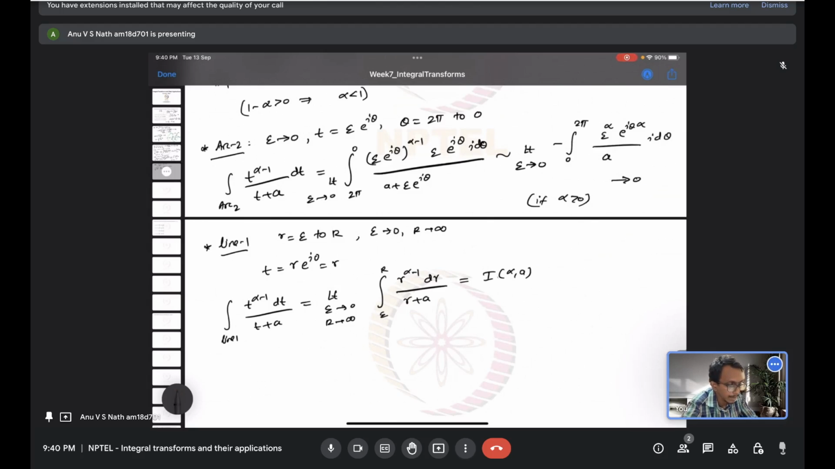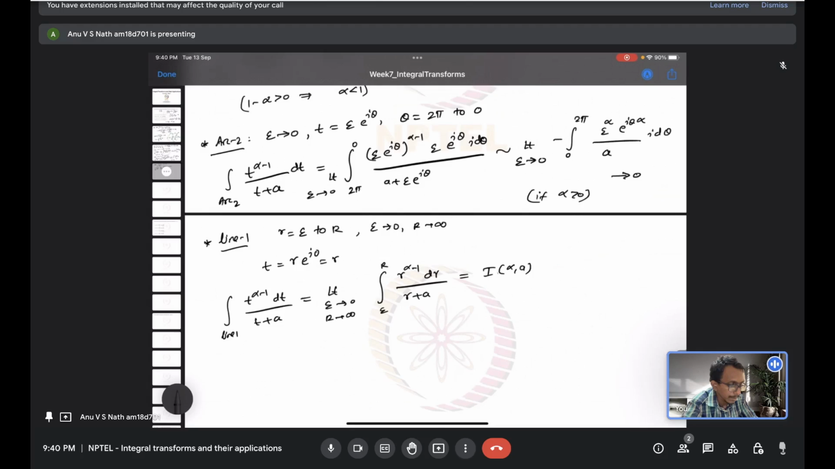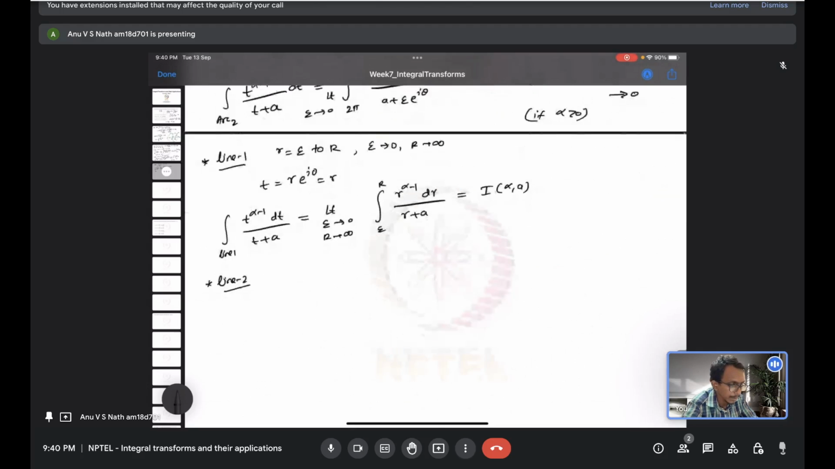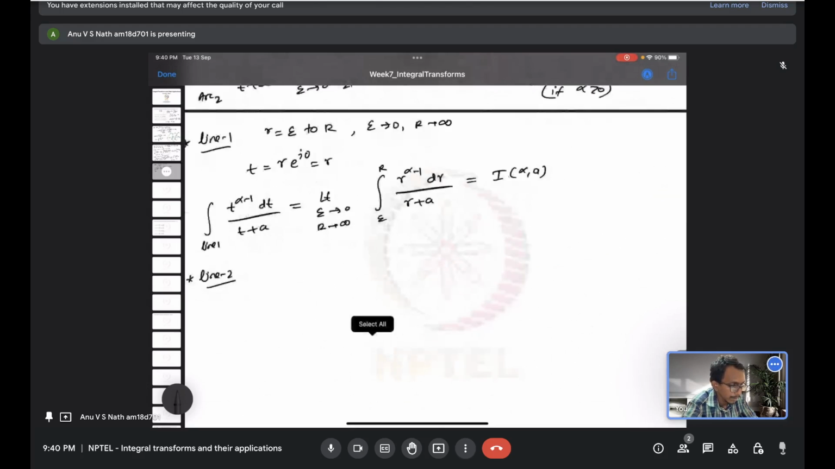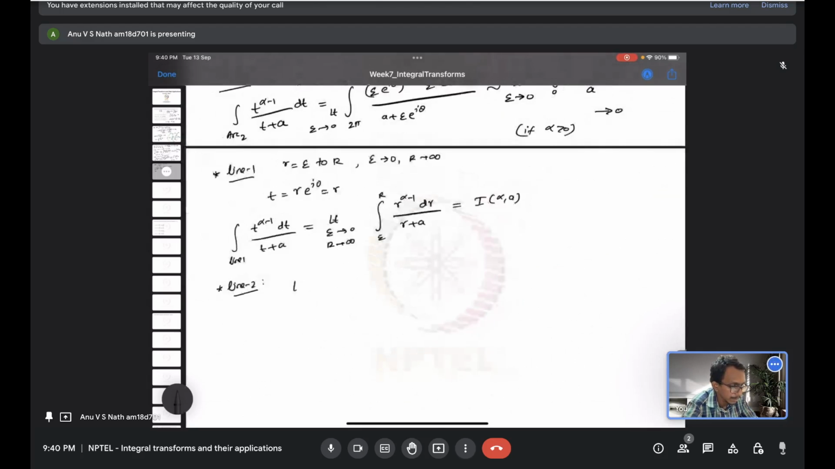Okay, now we move to line 2, the contribution of line 2. Here also you can write t as r, but see, it's approaching from the fourth quadrant towards the positive real axis, basically that line. So it has an argument of 2 pi i. So that's why I told you there is a distinction when it is approaching from the top and approaching from the bottom. You see this line,